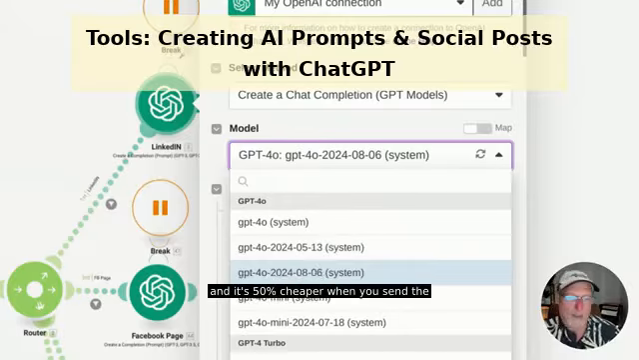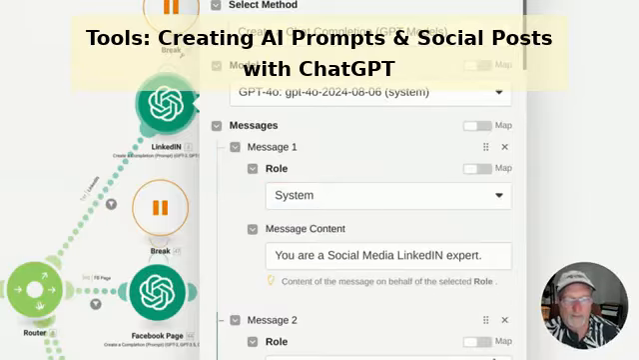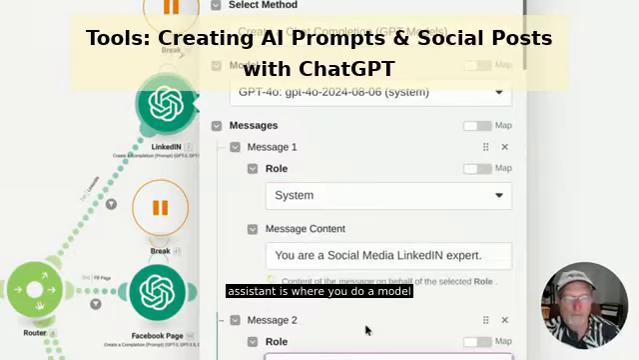Next, I clicked on add a message. Then you have different roles. I picked system. Then down here, I picked user. An assistant is where you do a model